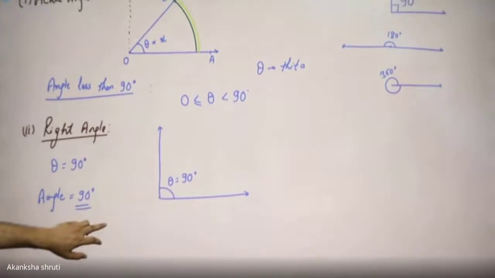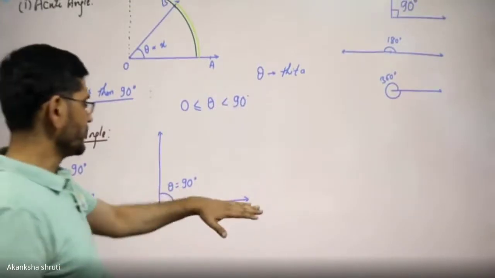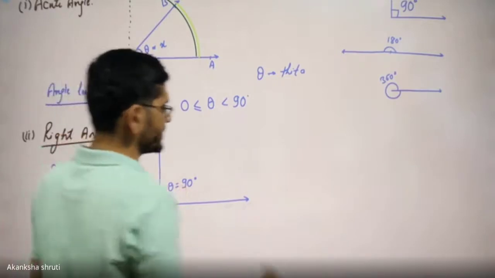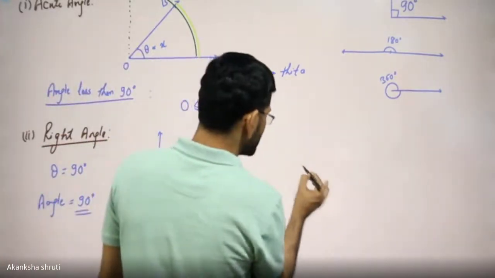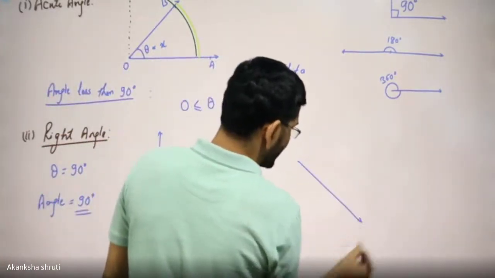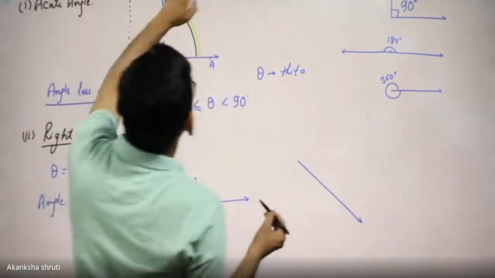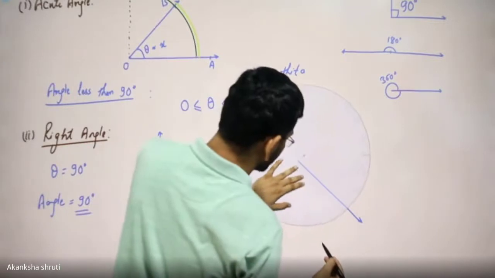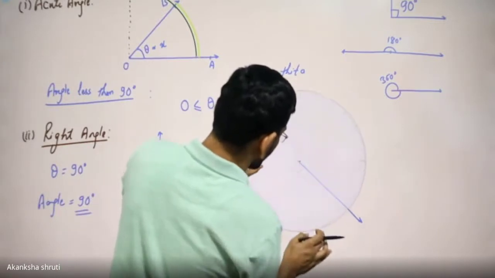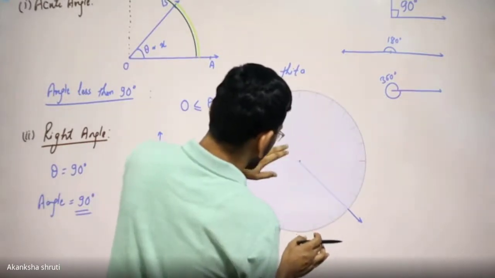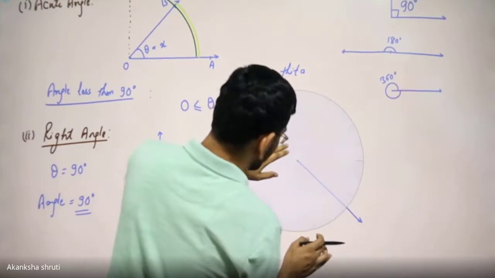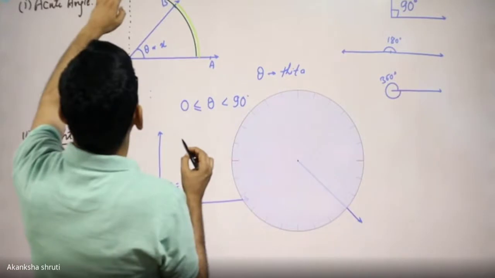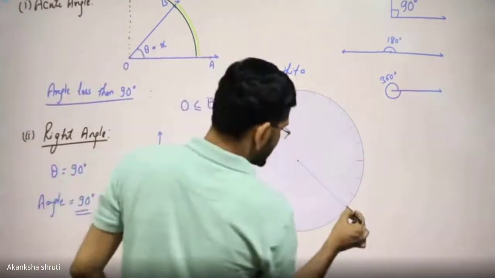Keep in mind, here I have drawn this, one horizontal, other vertical, but the orientation need not be like this. It may be possible that one may take one line here and the other 90 degree. Let us consider the 90 degree. Students, 90 degree can be formed in either direction. Coincide this. Let us form the 90 degree.